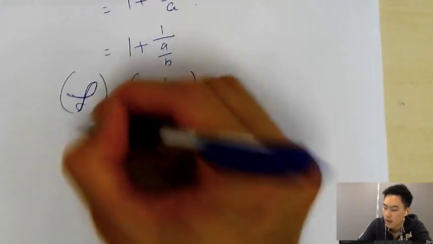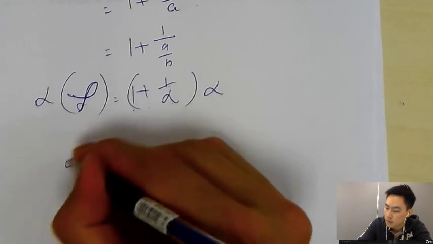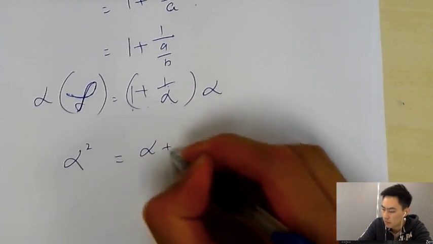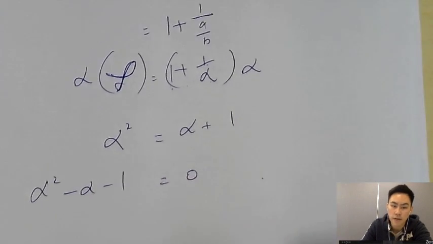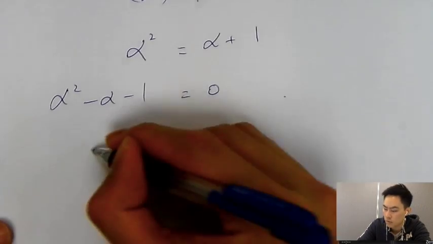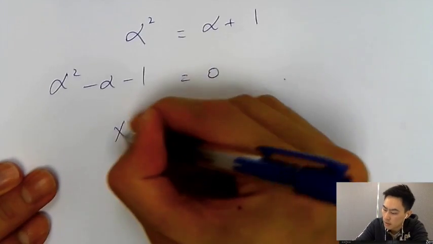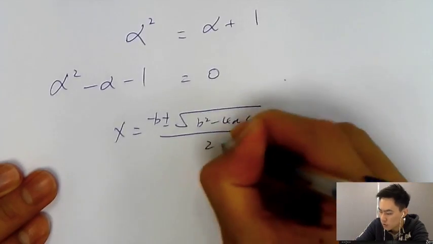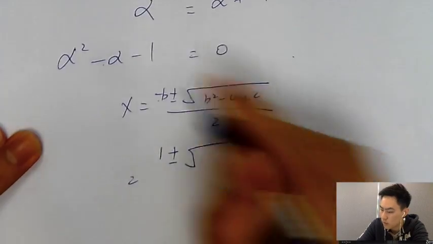Then we simplify, we try to make it into a quadratic equation. So we multiply both sides by phi, which gives phi squared, and for this one you multiply phi by 1 plus 1 over phi, which gives phi plus 1. So rearrange the thing, then you will have phi squared minus phi minus 1 equals 0. So how do you calculate the value of phi? It will be using the root equation, x equals minus b plus or minus the square root of b squared minus 4ac, over 2a. So minus b is minus minus 1, it's just 1,